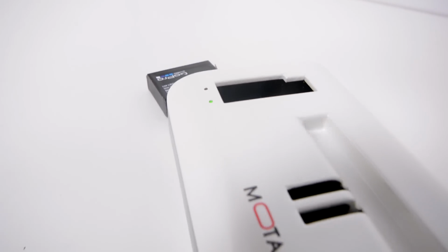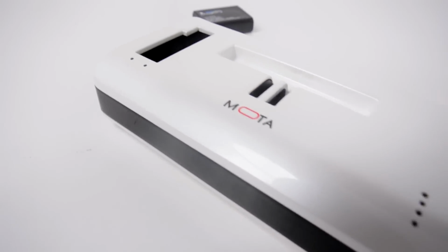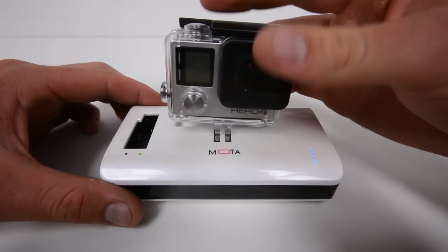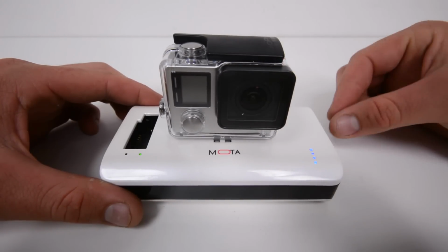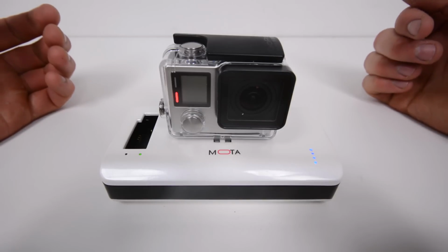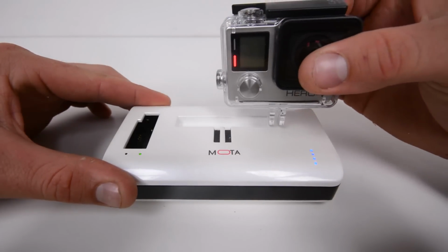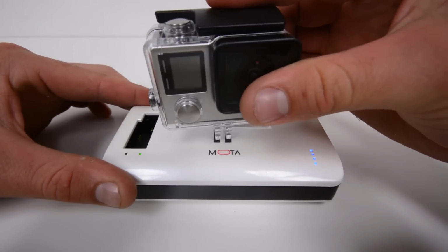deal. The one time this is really nice is that if you wanna be able to charge, you put anti-fog inserts inside your case, and you want to be able to charge without contaminating them. Maybe you're out skiing, you come inside. If you're going to open the case, you get a huge amount of condensation inside. You want to cut down on that. You want to keep those anti-fog inserts pristine and still going off that one shot. Then this is really cool because you can charge the battery without ever having to take it out of the